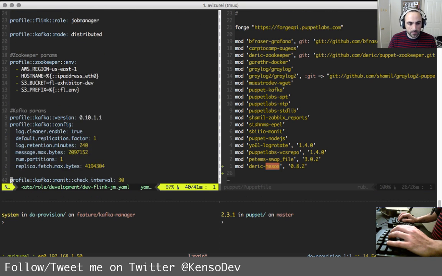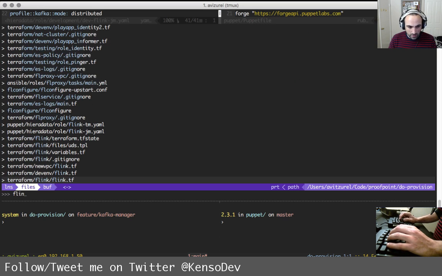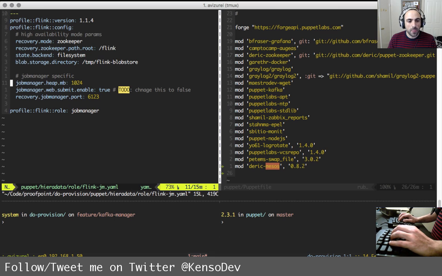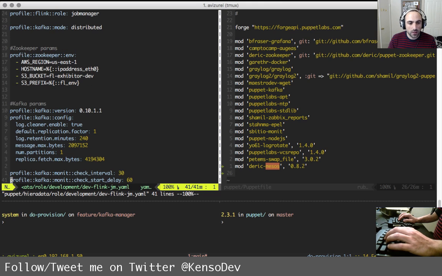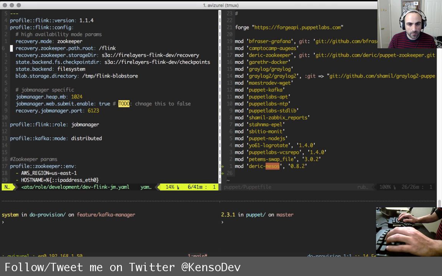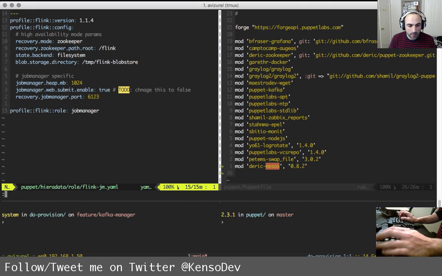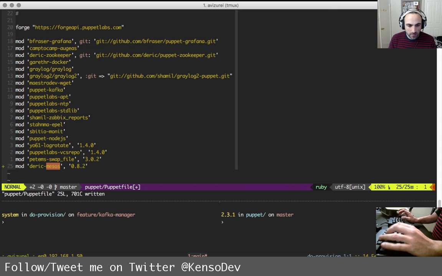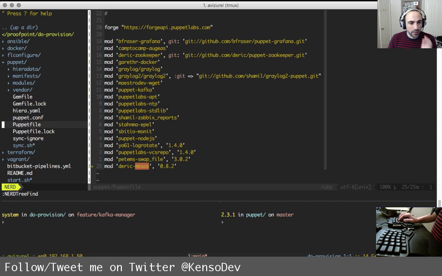Okay, so this includes everything. And then we have the role here. So profile flink role is job manager. Okay, let's see here.